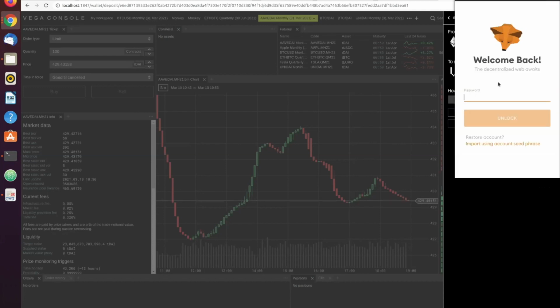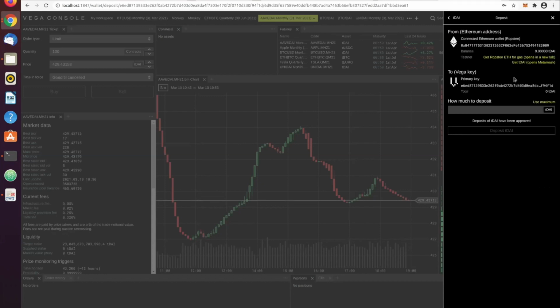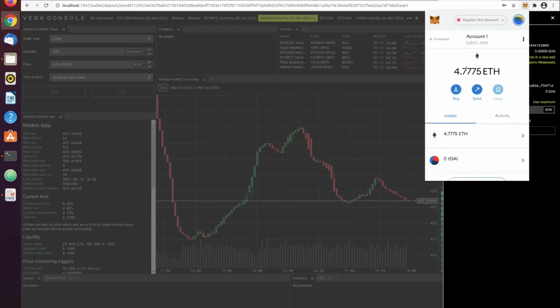It pops up with MetaMask. And we don't have any of the fake DAI asset at the moment. So in order to get that, we first of all need to, I think we do have some Ropsten ETH in this address. Yeah, so you need some, we're connected to the Ropsten testnet here